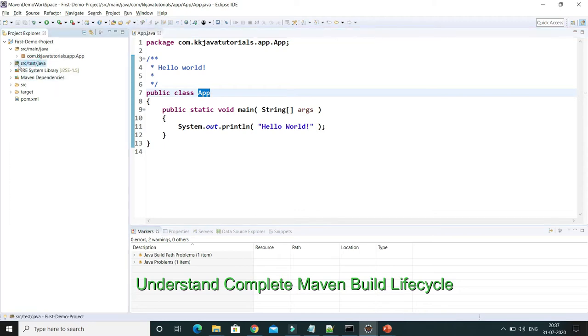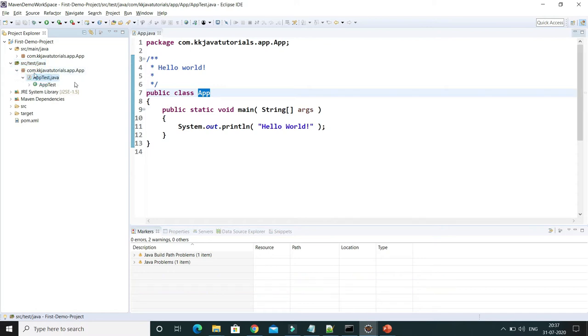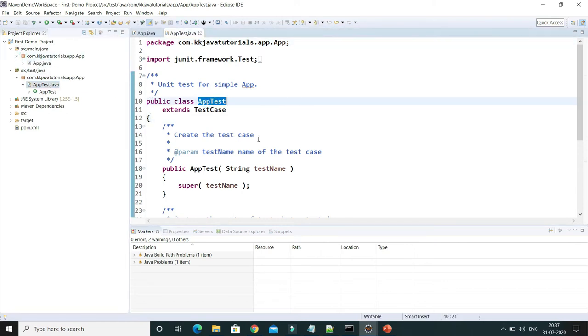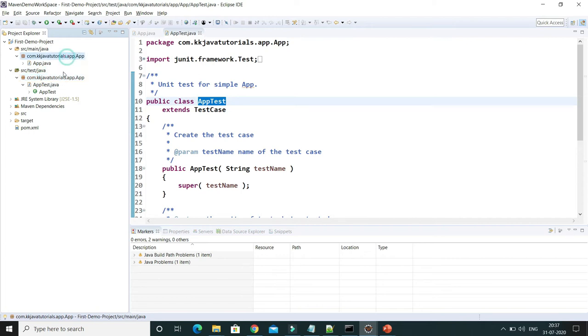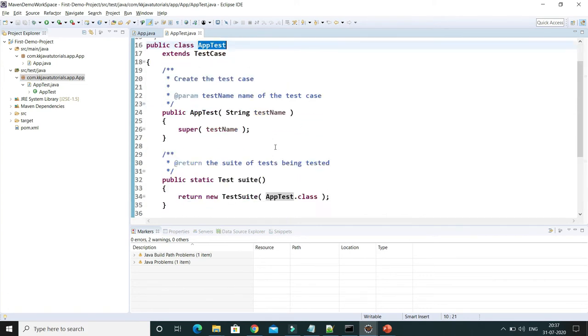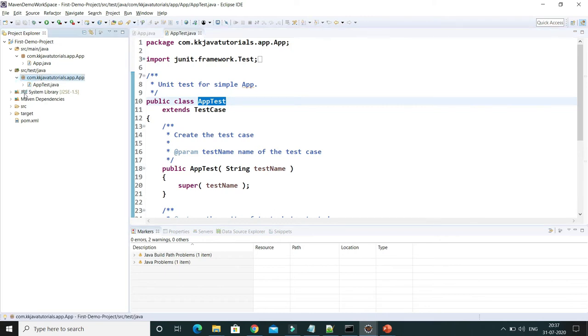Now src/test/java is the directory where we are going to create our JUnit test classes, right? Here you can see we have one Java class, and the corresponding test class is automatically created within this package, within this directory, right? Look at the package structure: the package structures are exactly the same. Our source class name is App, and the generated test class name is AppTest. That's the convention we also have to follow, and it is automatically generated by Maven, right?